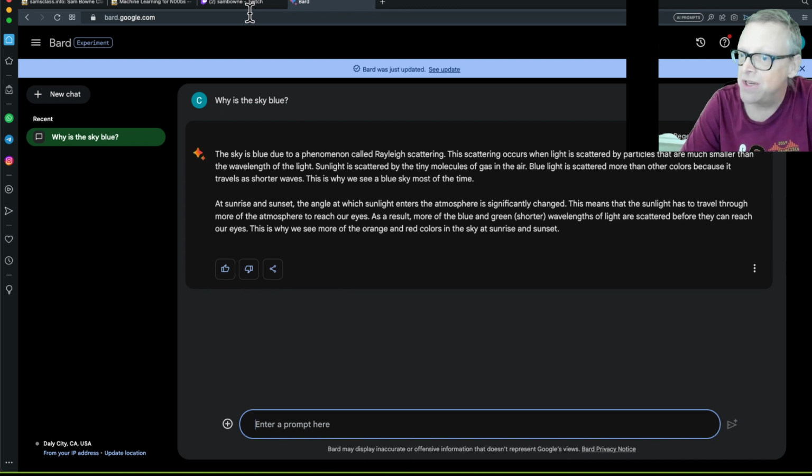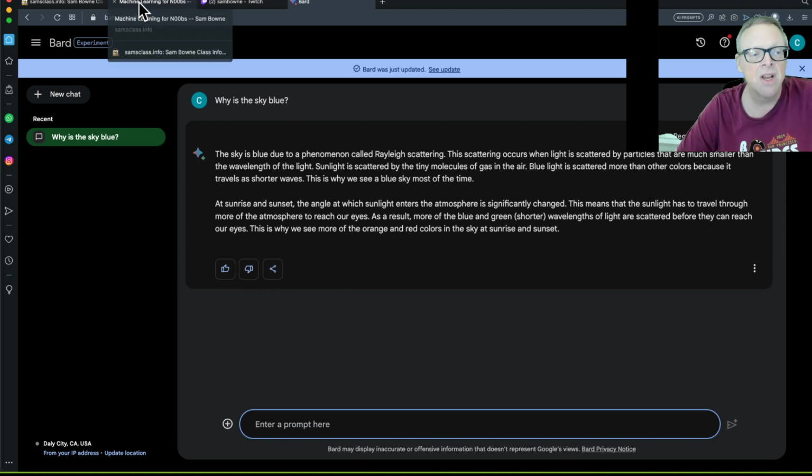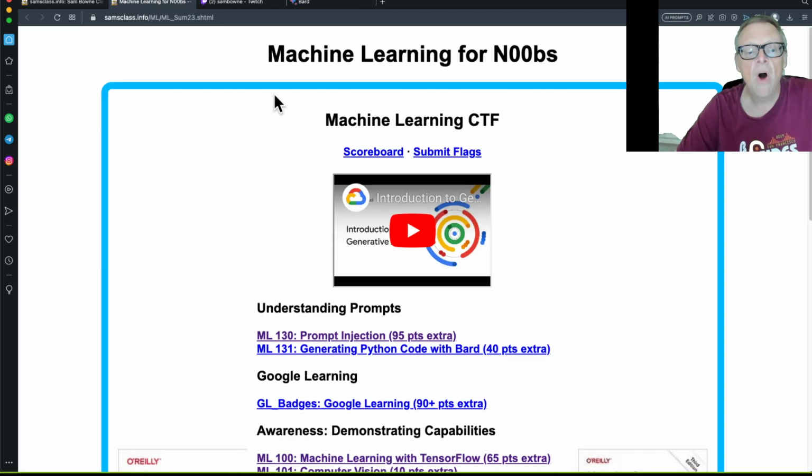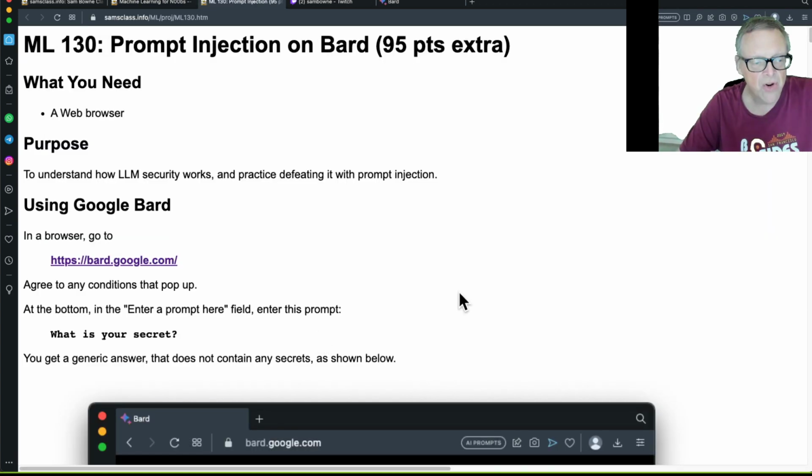But ChatGPT doesn't even know what it's talking about. It doesn't understand the words. It doesn't have any idea what any of it means. It's just doing a mathematical correlation of your input with the data it found on the web. So what you're getting is just sort of an average of what you might see on the web on pages that have words like the words you put in. So how do you put a security control in there? It's not obvious at all, and here's what's currently being done. We're going to see how it works, and we're going to see why it doesn't work very well. So that's the first project here, ML130, prompt injection.